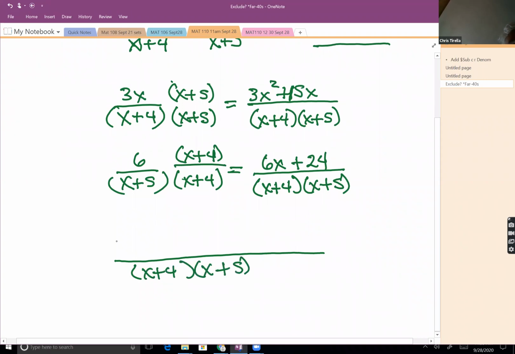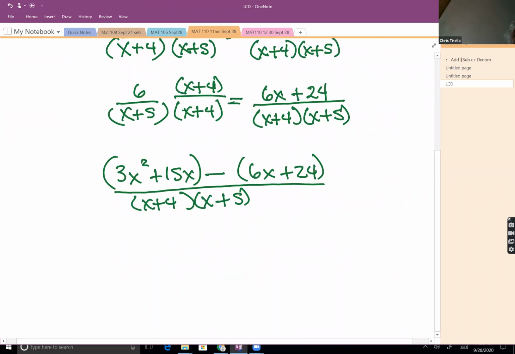I'm going to subtract the numerators. 3x squared plus 15x minus 6x plus 24. Remember, with the subtraction, we want to think of distributing that -1. So we're going to think of that as 3x squared plus 15x minus 6x minus 24